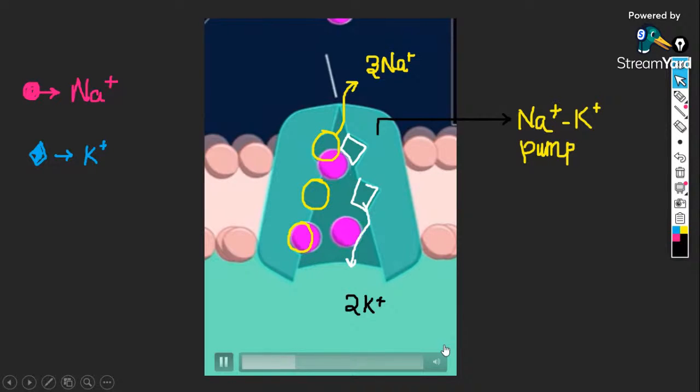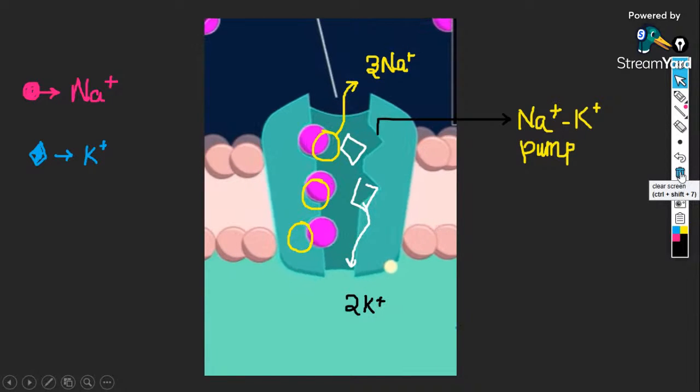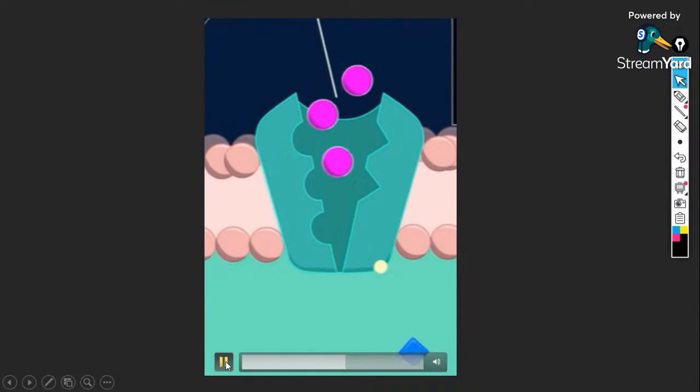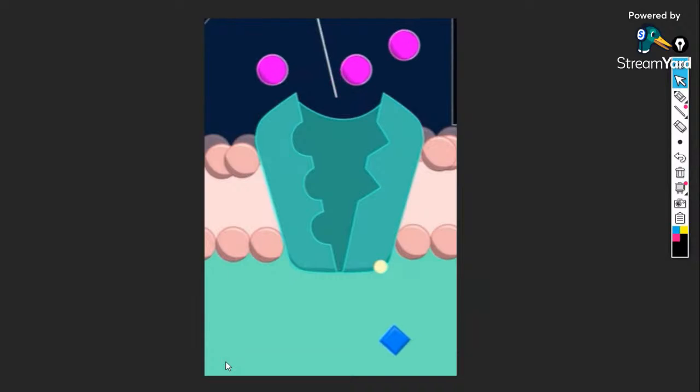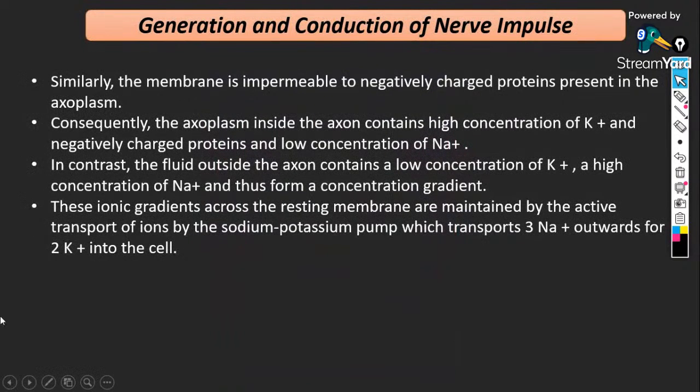This is accomplished primarily by the sodium ions being fixed out, and the sodium ion is going to get passed on to the outside with the help of an ATP molecule. Look how the ATP molecule passes 3 sodium ions outside the membrane. Similarly, 2 potassium ions are going to come inside in this similar way with the help of an ATP molecule. Clear? Is the process clear? 3 sodium ions have been passed outside and 2 potassium ions have been passed inside. So that is what we have to study over here.